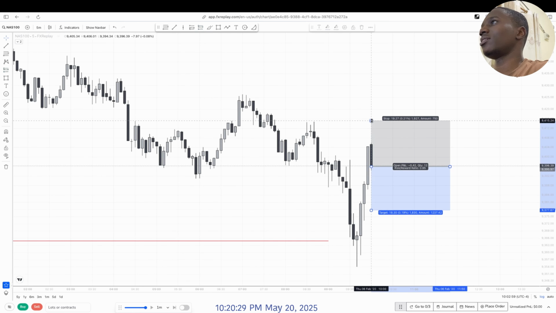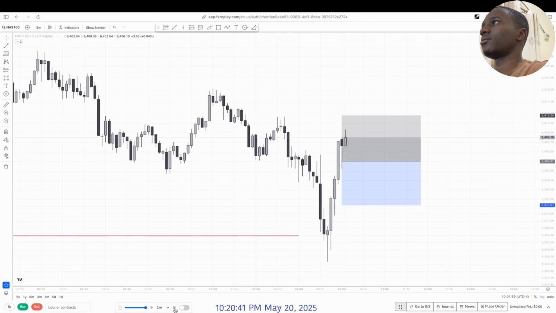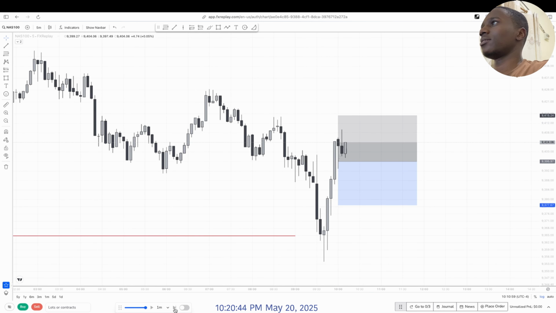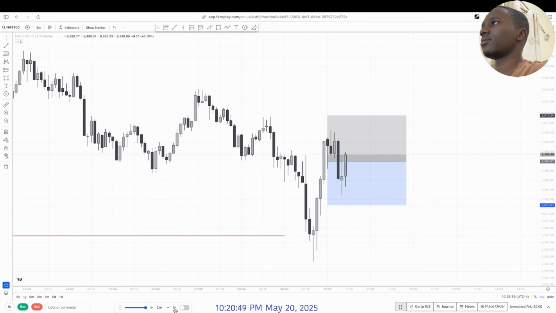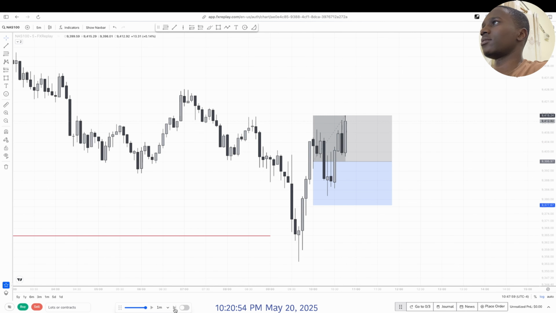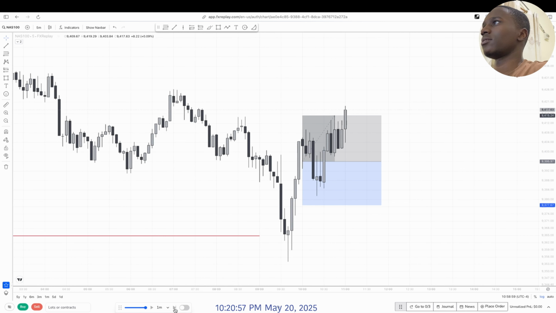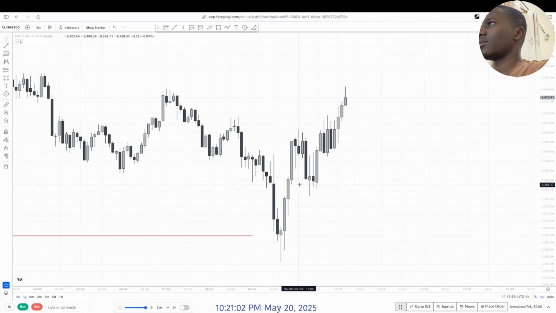It's still 10, and on the 5-minute, where's the first presented fair value gap? Where is it? It's here. First presented fair value gap on the 5-minute. Let's see if it holds. So we are currently consolidating, and consider that our first presented fair value gap was tapped into